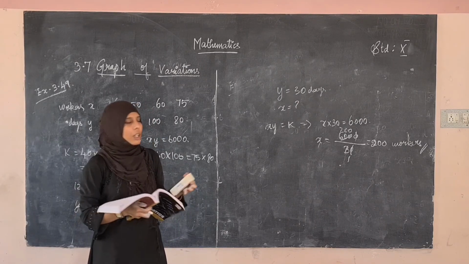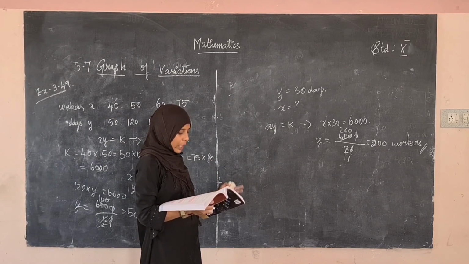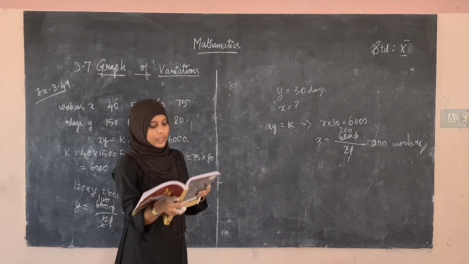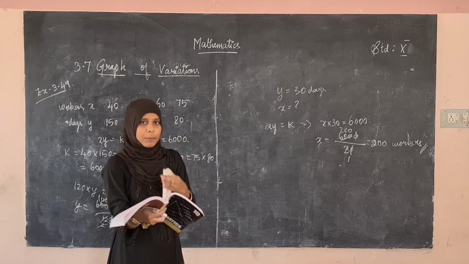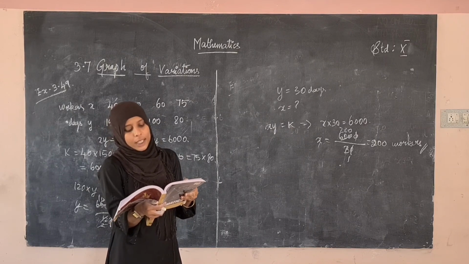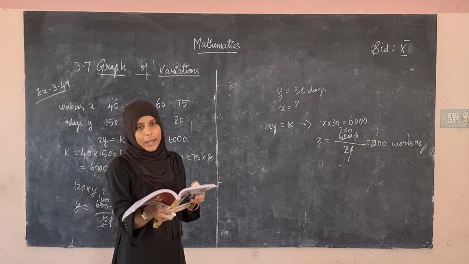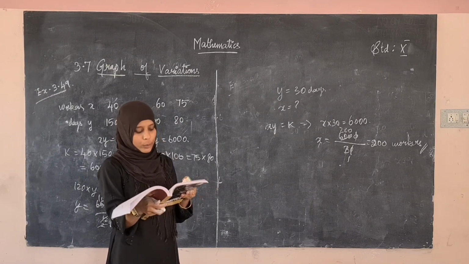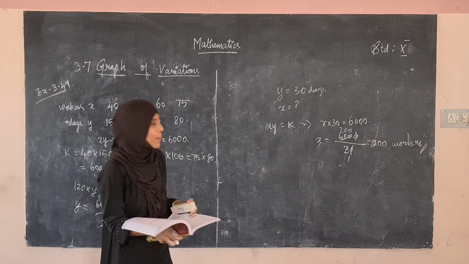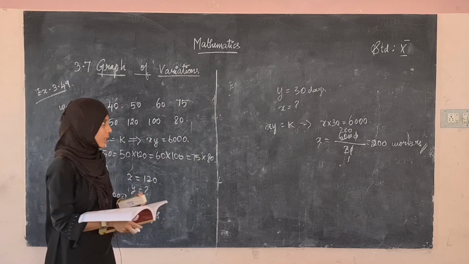Okay, so for that you have to take speed in x and time in y. You have to draw the speed time graph. Speed time graph means speed you have to take on the x axis and time on the y axis, and use it to find the time taken by Kaushik, who covered the distance with the speed of 2.4. That is, the value of x is 2.4. You have to find the value of y. Before that you have to find the value of the constant of variation. Then since this is indirect variation, you can use the formula xy is equal to k. So this example 3.50 is the assignment for you.